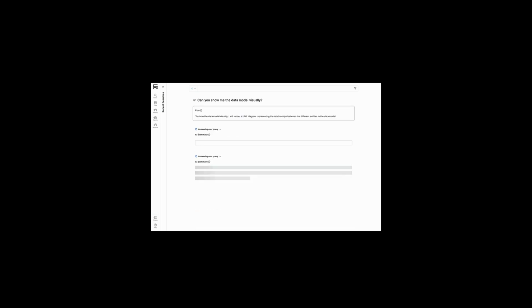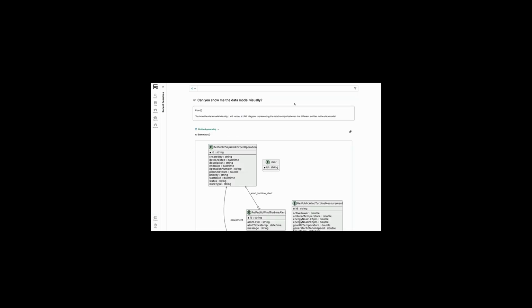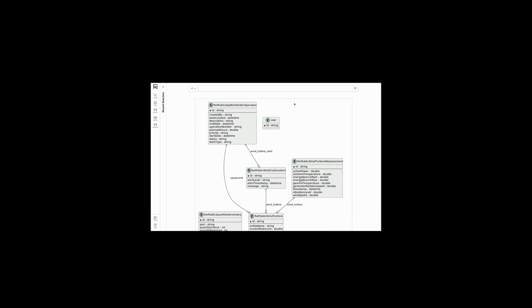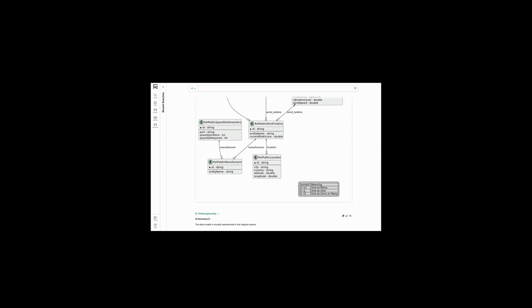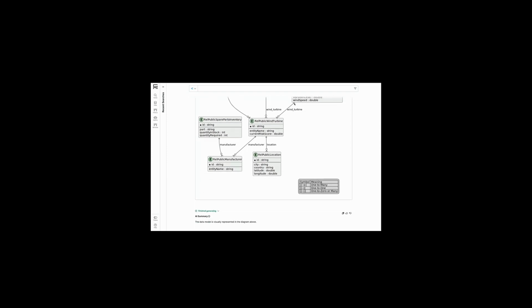So I'm going to now ask it to visualize the data model for me. So, this is cool. This is not pre-configured. None of this is hard-coded. It's actually reasoning about my question on the fly. It's going to discover the data, and not only bring back the data model here, but it's actually going to graph it for me. So I have the ERD diagram, and I can scroll through this, and I can see there's a wind turbine type, there's a location object, there's a manufacturer object, and I can see the relationships of these entities, which is way cool. And this data model is visually depicted.